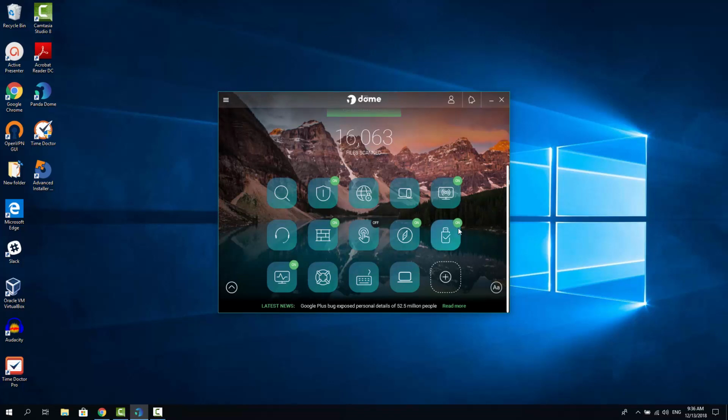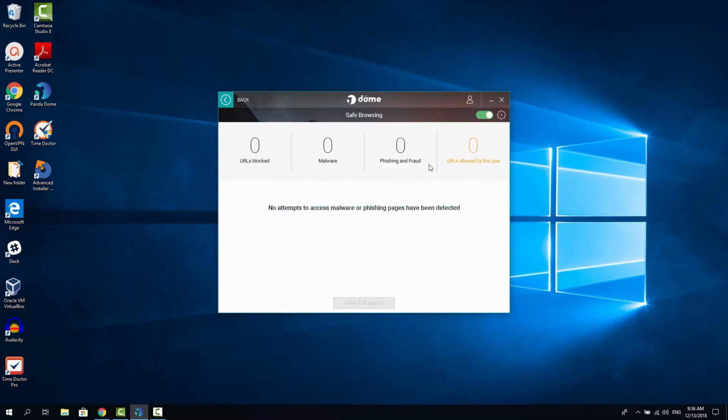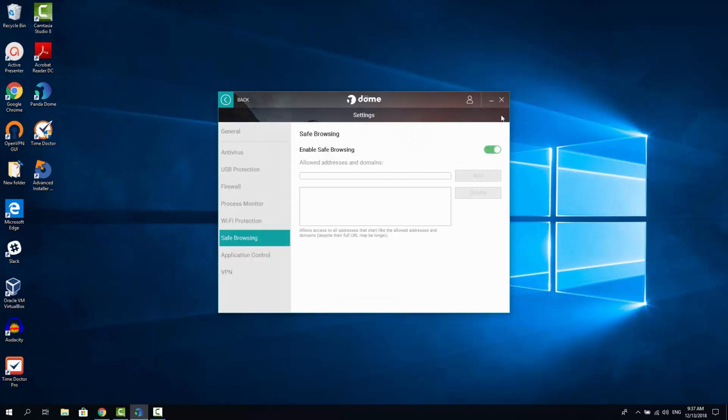Now let's see the last option I wanted to show you for this review, and this is the safe browsing. If you go to safe browsing, you can see the URLs blocked and the malware detected while browsing. Since I haven't been browsing anything yet, this list is empty. If you go to this gear menu, detailed settings, you're able to add trusted URLs here. These URLs will not get scanned as Panda would consider them as trusted and would not interrupt your browsing